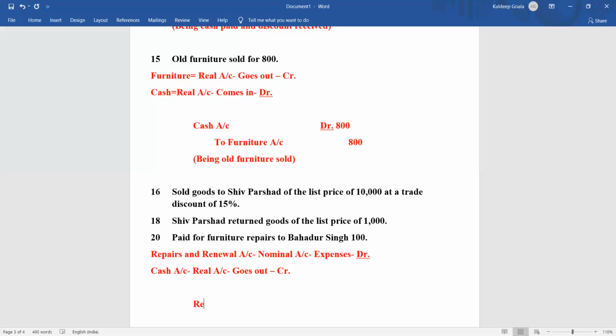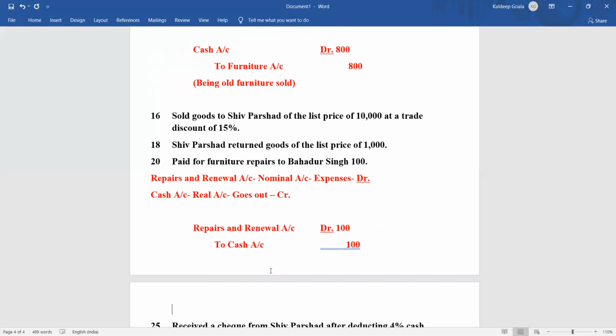रिपेयर्स एंड रिन्यूअल्स अकाउंट डेबिट, कितना डेबिट होगा? रिपेयर्स एंड रिन्यूअल 100 रुपीज, राइट, टू कैश अकाउंट। ओके, कैश अकाउंट क्या होगा? नरेशन, बीइंग फर्नीचर रिपेयर्ड। ओके, बीइंग फर्नीचर रिपेयर्ड। बहादुर सिंह का नाम इसलिए नहीं पकड़ेंगे क्योंकि वो लेबर का एक्सपेंसेस हो गया, हाँ, कारपेंटर